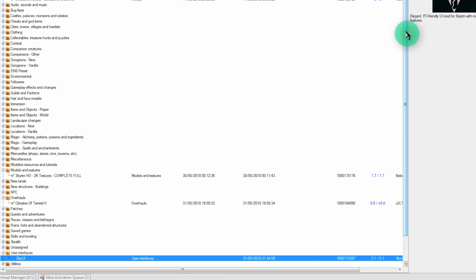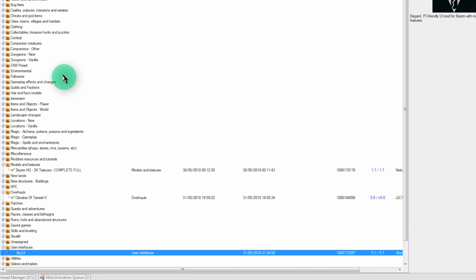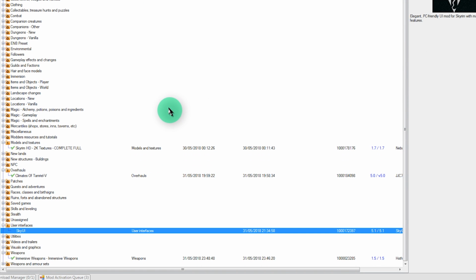As for the mods that I have downloaded, in part 1 I'd done the 2K textures. There was also a manually placed mod that was done via ModDB, and that was also a graphics overhaul, immersion overhaul, I think. So that was those two in the first part, but since then I downloaded the Sky